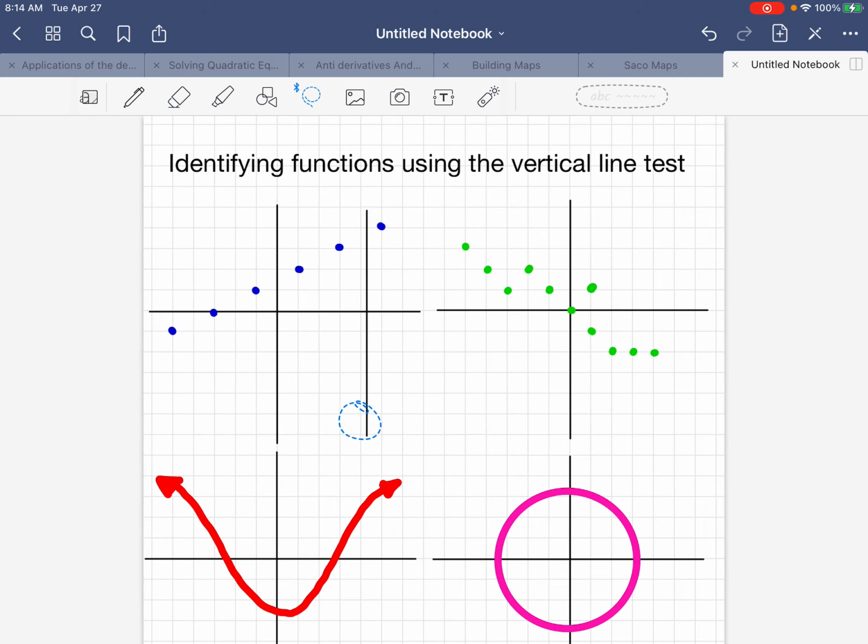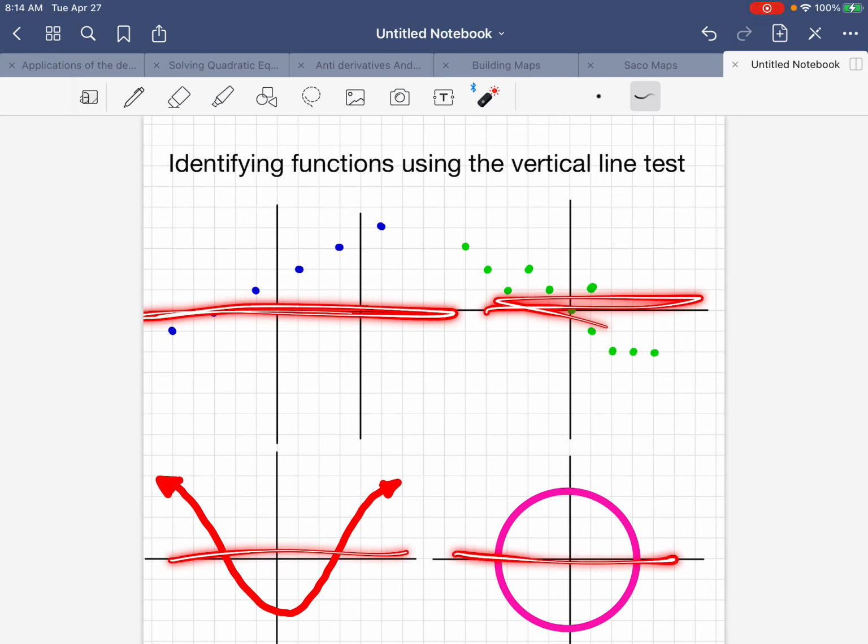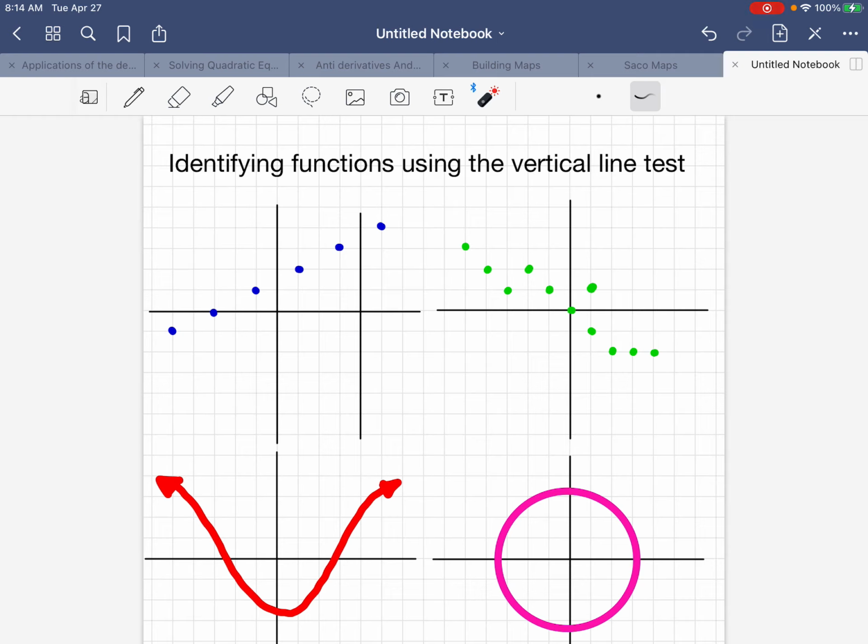Notice that there's no scale. We don't know what the numbers are. We don't know what the variables are. It doesn't matter. We're just looking at the independent variable axis, and we're looking to see if there are multiple outputs at any of the inputs. If there are multiple outputs at any one input, then it would not be a function. So if we're looking at this blue graph here,